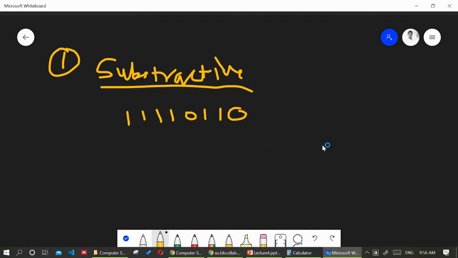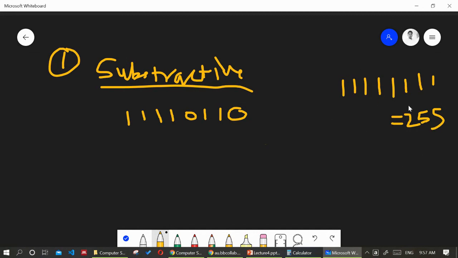Now let's see how this is done. So you should remember that this value, 1 2 3 4 5 6 7 and 8, this value is 255. Fine. So this value is 255 because we are taking the 8-bit number.